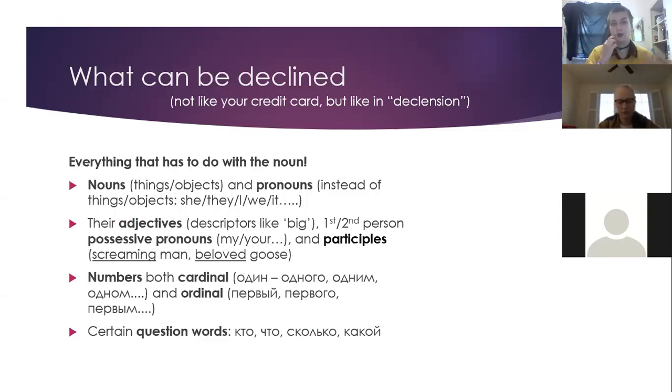So when you put a word in a case, that's called declension. When you do it, it's called declining. So you can't conjugate nouns. That's a mistake some people make. You cannot conjugate nouns. And everything that has to do with a noun can be declined, which includes nouns themselves, including names, their pronouns like I, her, they, adjectives that are in place of nouns, like the poor, бедные, or adjectives that are together with nouns, бедные люди, poor people, possessive pronouns, моя, мой, твой. There are participles, they look like adjectives, yeah, бегущий, the running man, or кричащий, the screaming man, beloved,